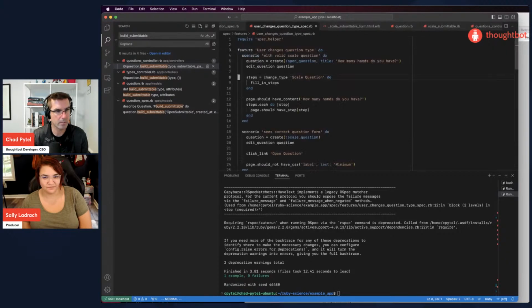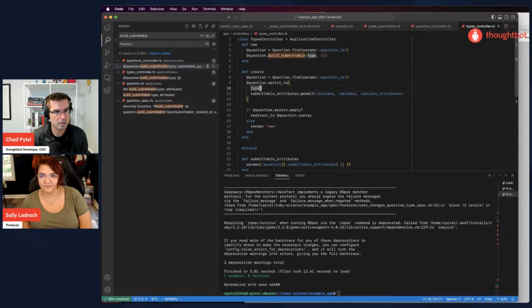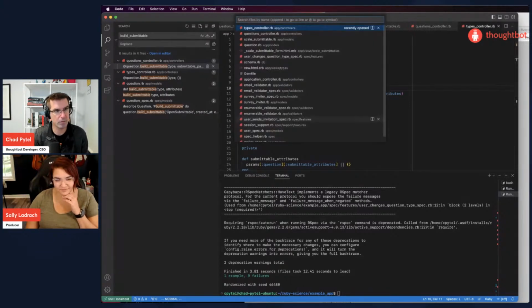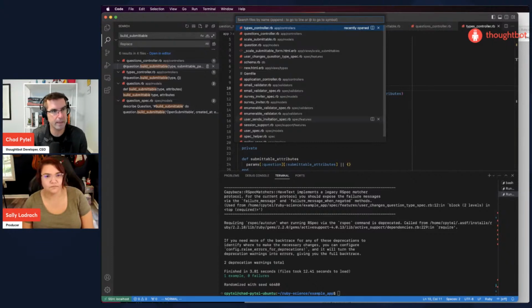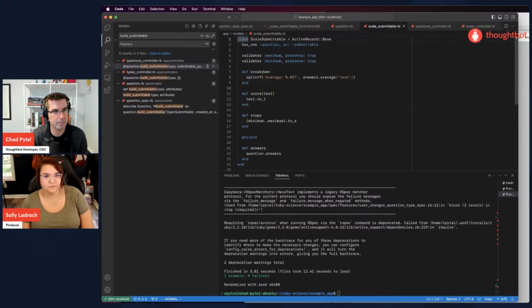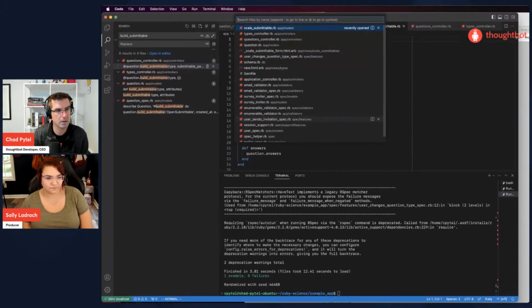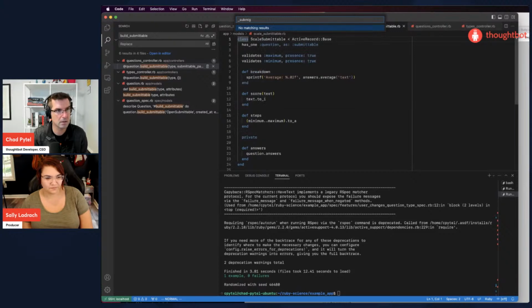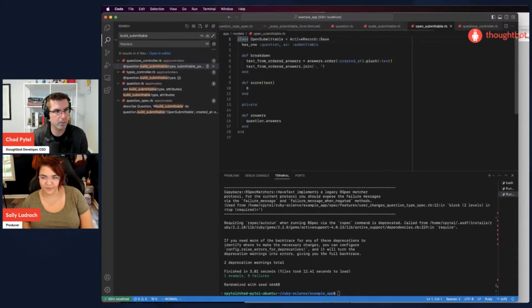And what we're permitting is minimum, maximum, and options attributes. So I want to make sure that the scale submittable does not have any options. But I bet some of the other